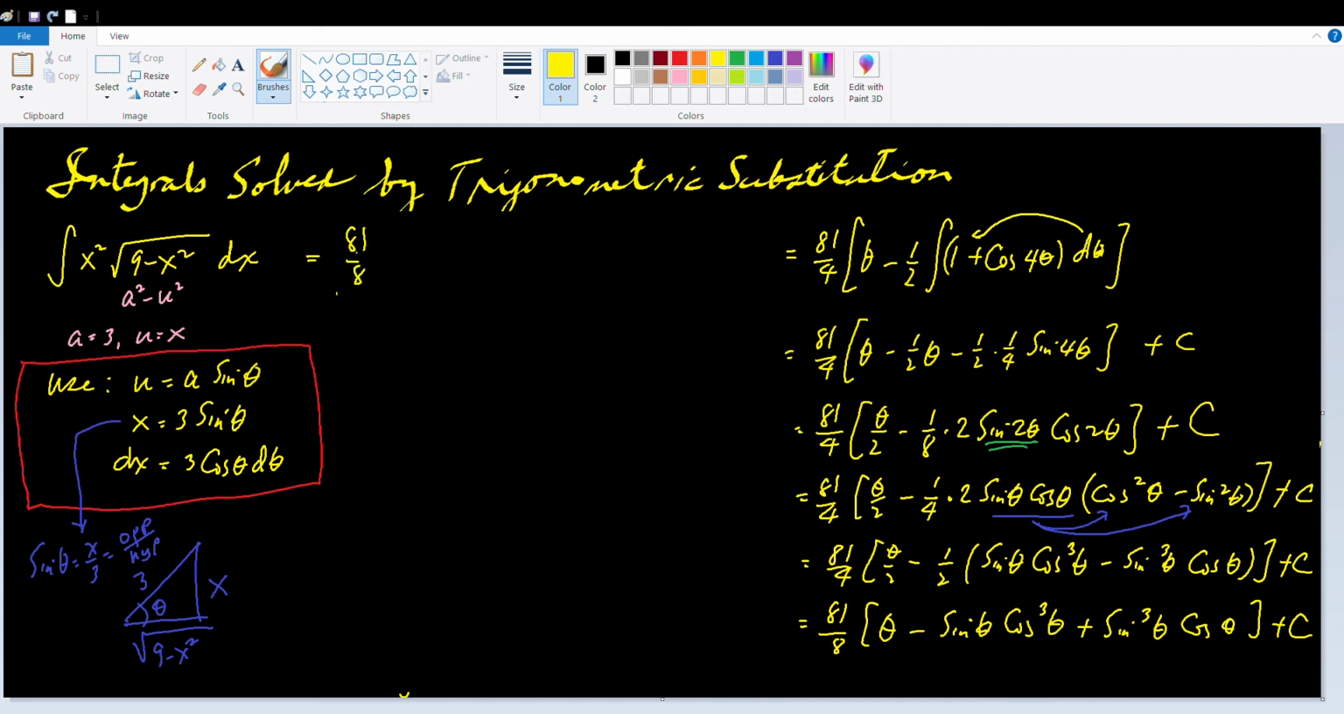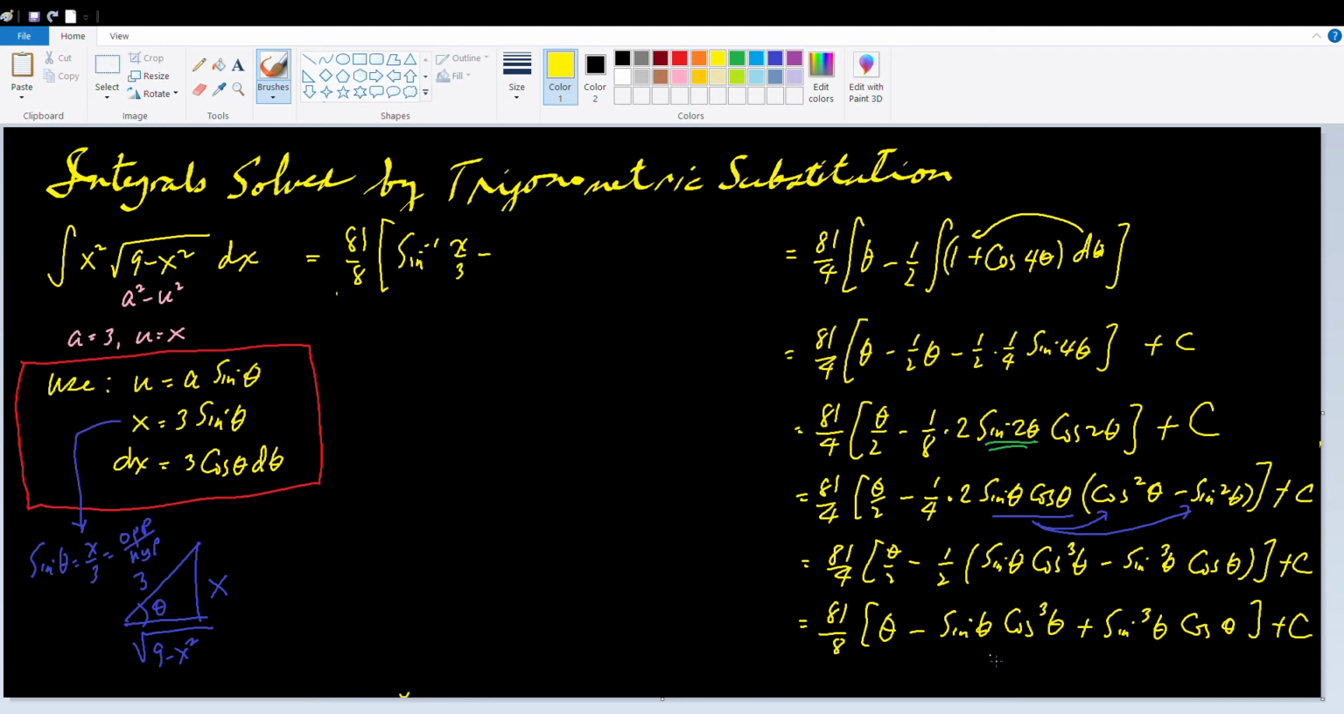81 over 8 times theta. Our theta is arc sine of x over 3. Arc sine of x over 3 minus,